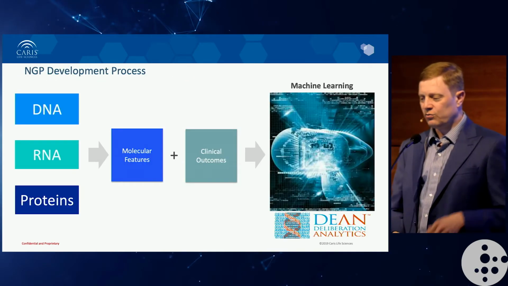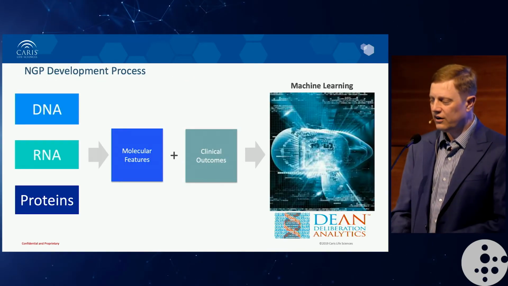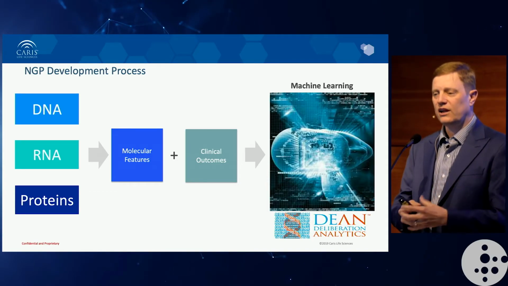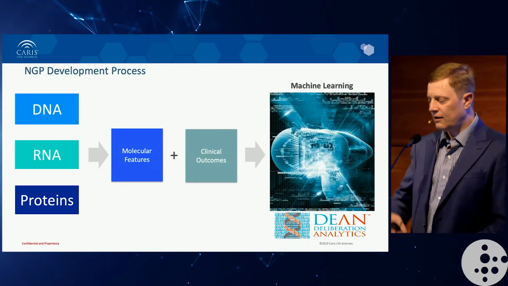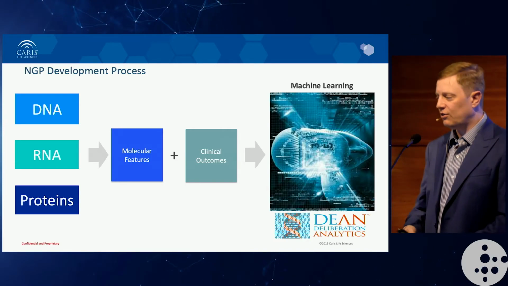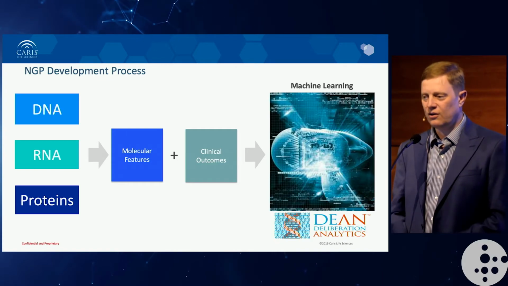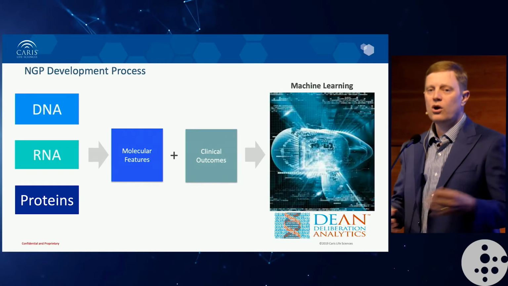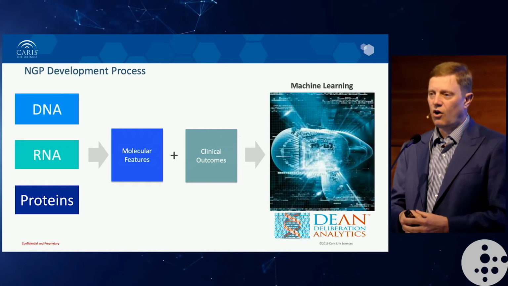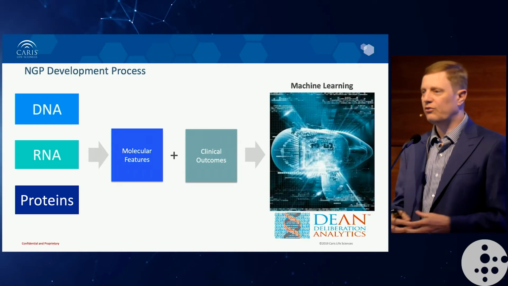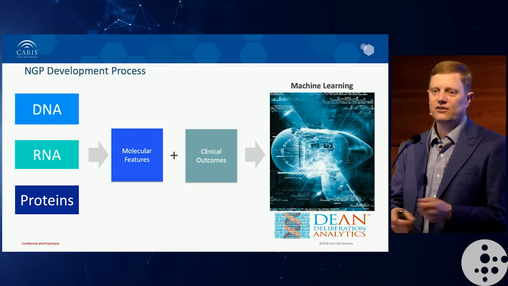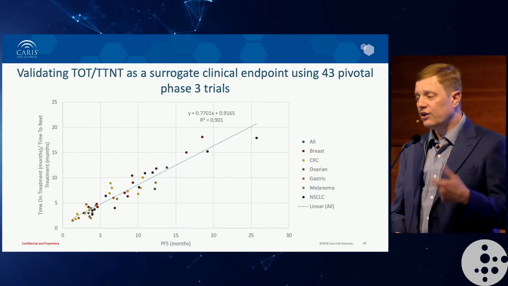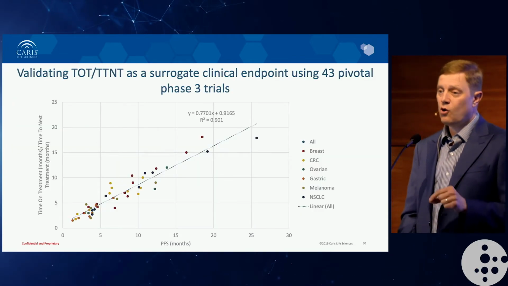So the way that we're doing this is we're taking our DNA information, we're taking our RNA information, we're taking our protein information, we're defining as many different molecular features as we possibly can, mixing that with our clinical outcome data, and then throwing it into this deliberation engine that we call DEAN. We call it a deliberation engine because we haven't implemented any one of these algorithms. We've implemented all of them. We've got about 400 different versions of each one of them, and then we let them fight. And winner takes all. And so the clinical endpoint that we like to use is time on treatment or time